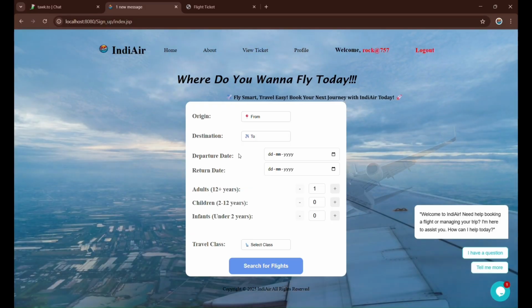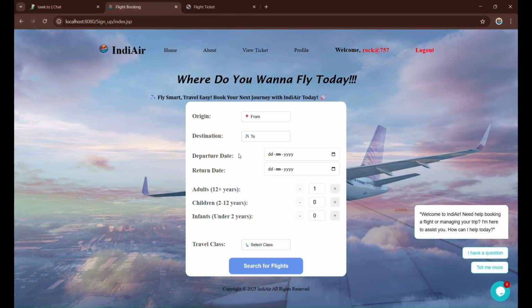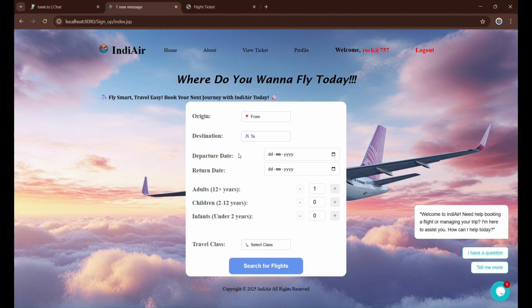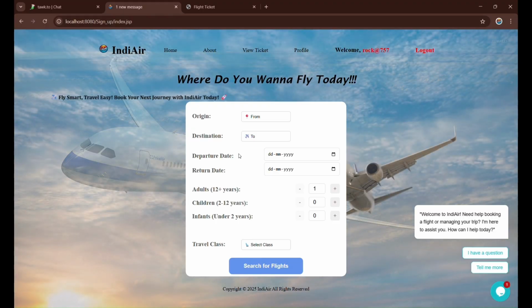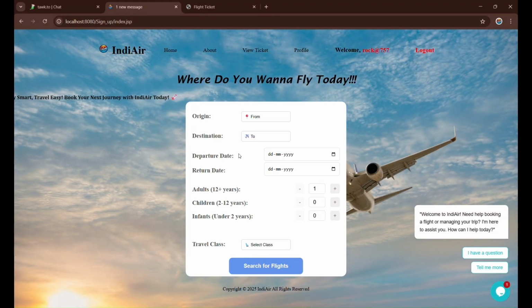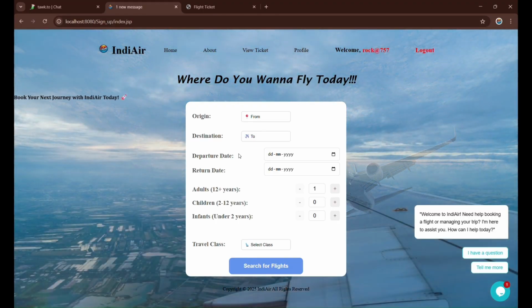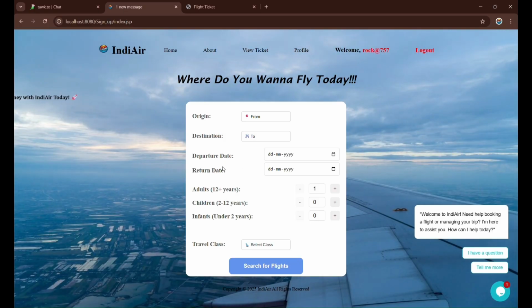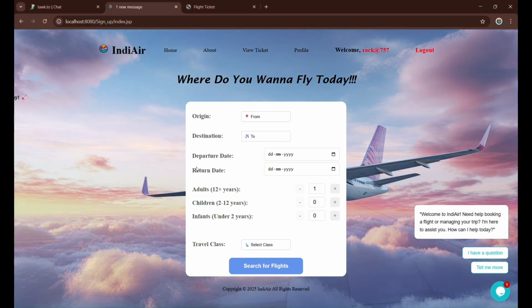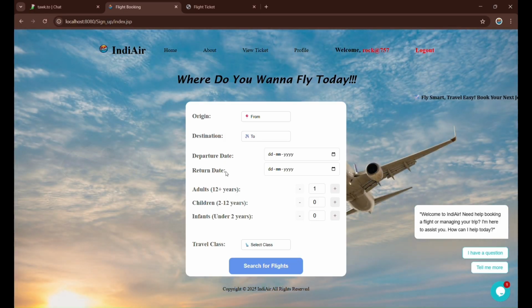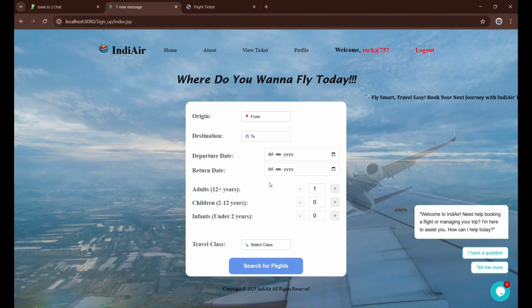If he travels on a return type of trip, where he is traveling one way and coming back from that state or city on another day, then you can see that we have printed the return data in that. So now let's